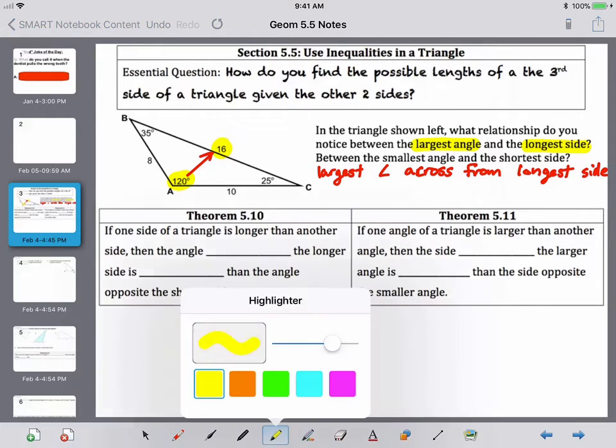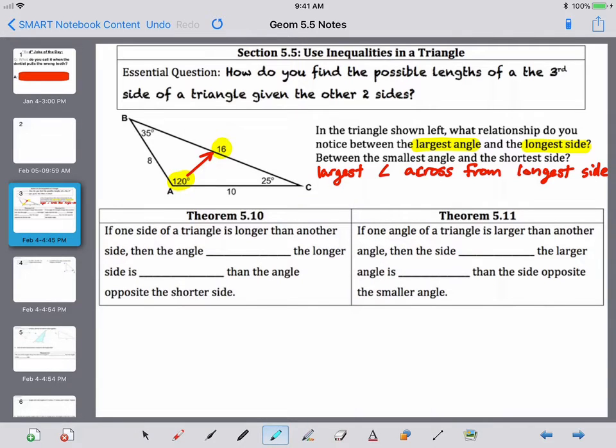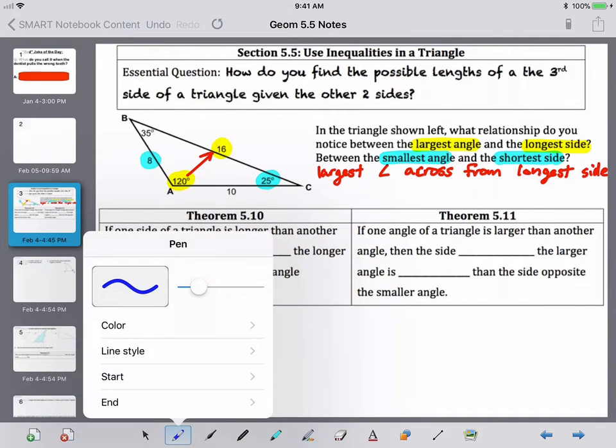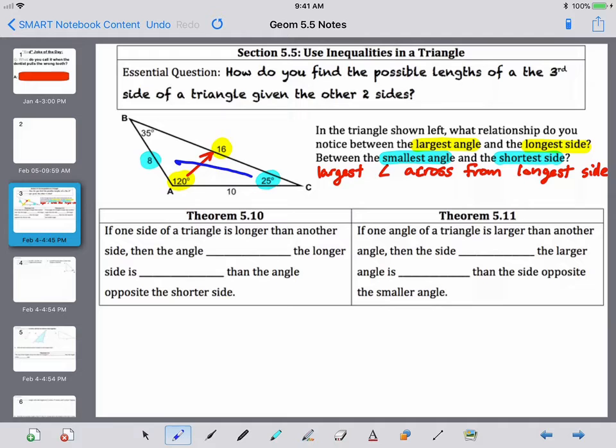Alright, and now let's look at if we can see a relationship between the smallest angle and the shortest side. I notice my smallest angle is 25 degrees, the shortest side is 8. And again, I can see that it's across from the shortest side. So the smallest angle is across from the shortest